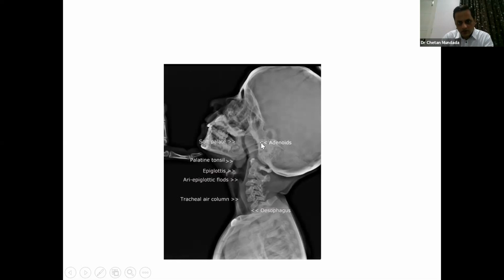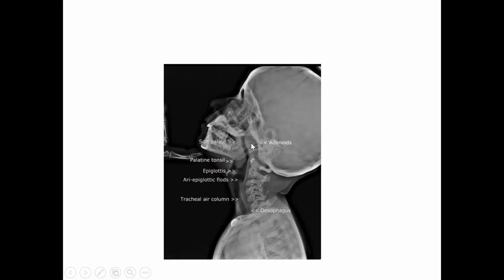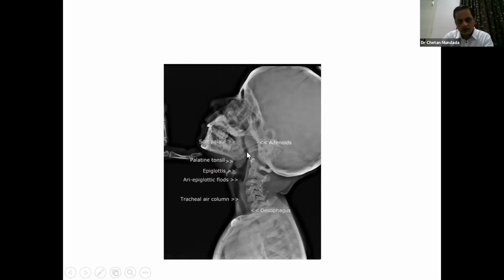So the extent of the adenoids is something that is significant. Then depending on the child's condition, the snoring, the quality of life, the quality of sleep at night, you carry on with your further treatment. Many times you have to take help of the ENT surgeon, and they will do the endoscopy and be in a better position to judge whether this child needs operative intervention or can be on medications.